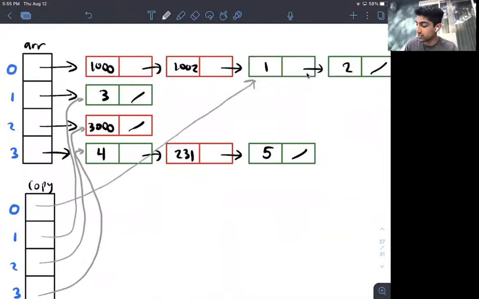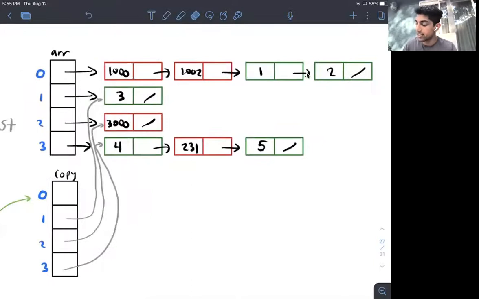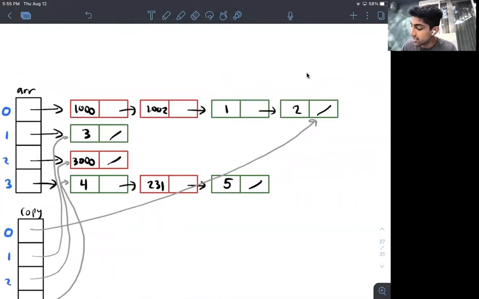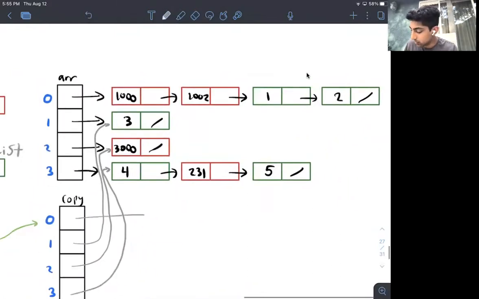I think this is a really, really cool and pretty different way of approaching these linked list problems. So eventually what's going to happen is that copy of 0, once it hits the end of this linked list, because I keep moving it one down the linked list, is eventually going to hit the end and it will be null, okay?